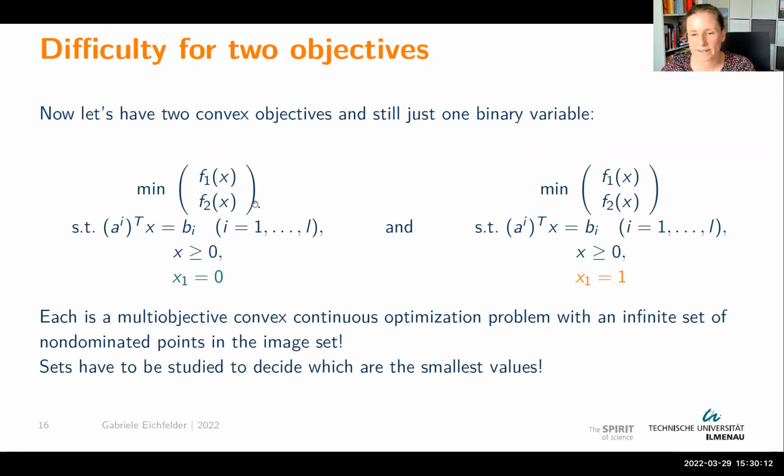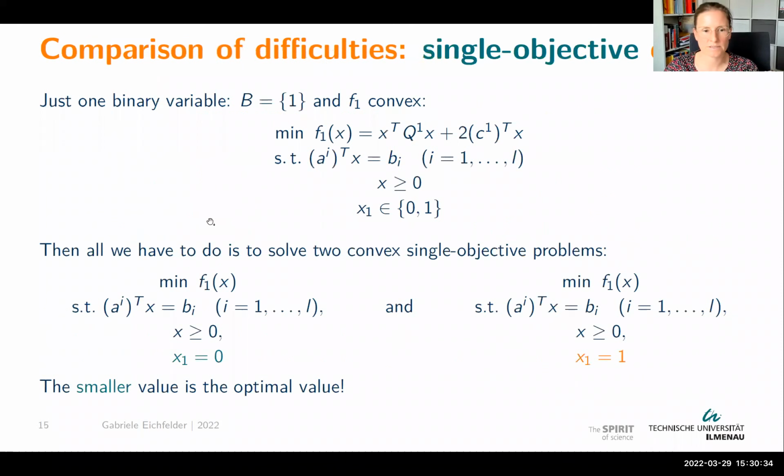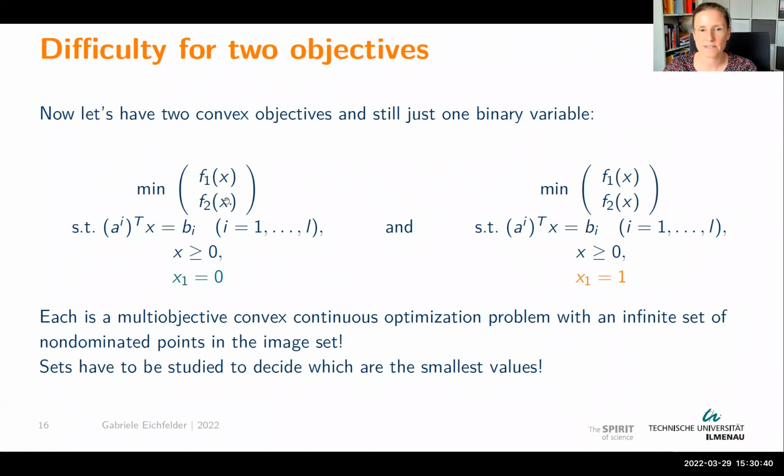We have ways of finding approximations, coverings, representations, whatever, but no method delivers to you the full set of optimal values. And even if you were able to find the full set of optimal values, these are sets of values, and in the end, you would have to compare these sets. Here, in the single objective setting, there were values. These are scalars. The optimal value is a scalar. Here, the optimal value is a set in R2, and here also.